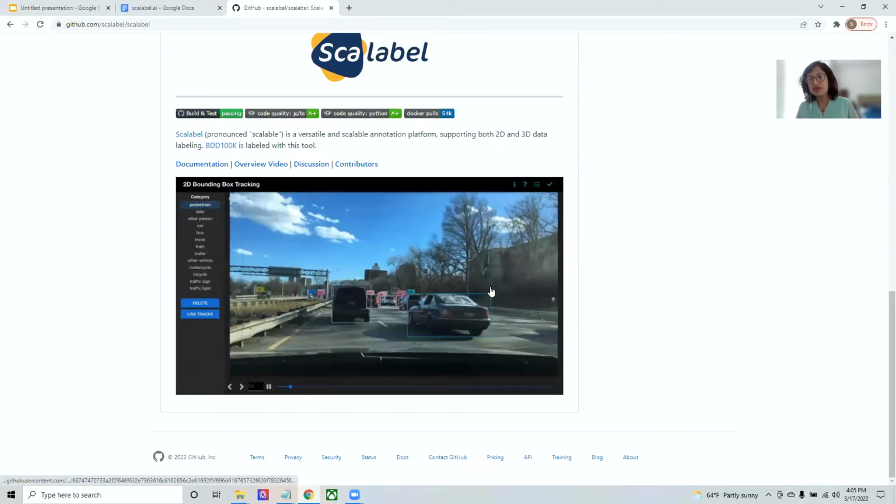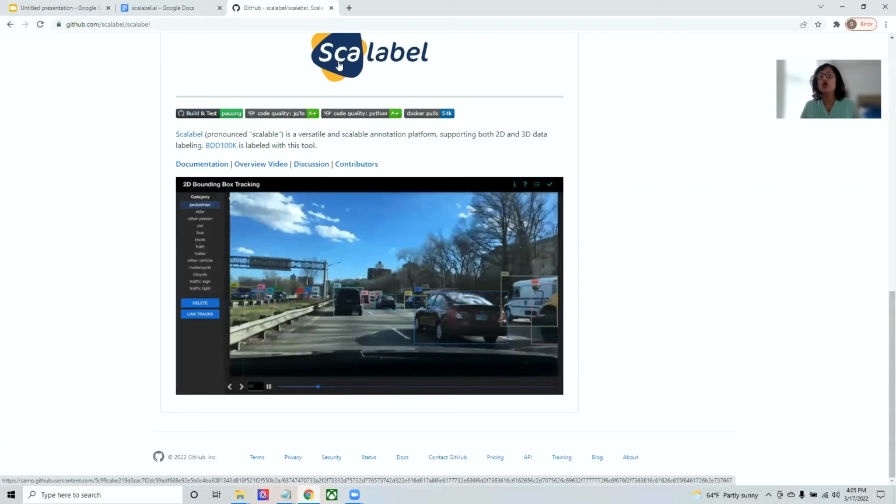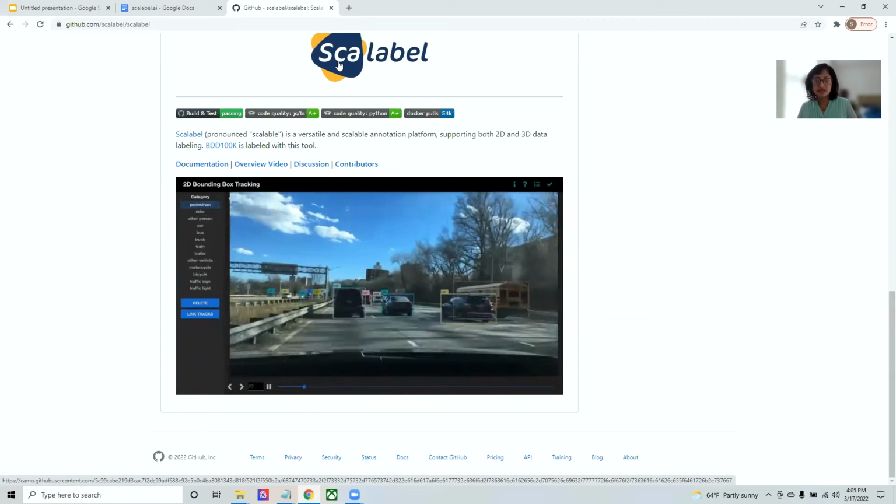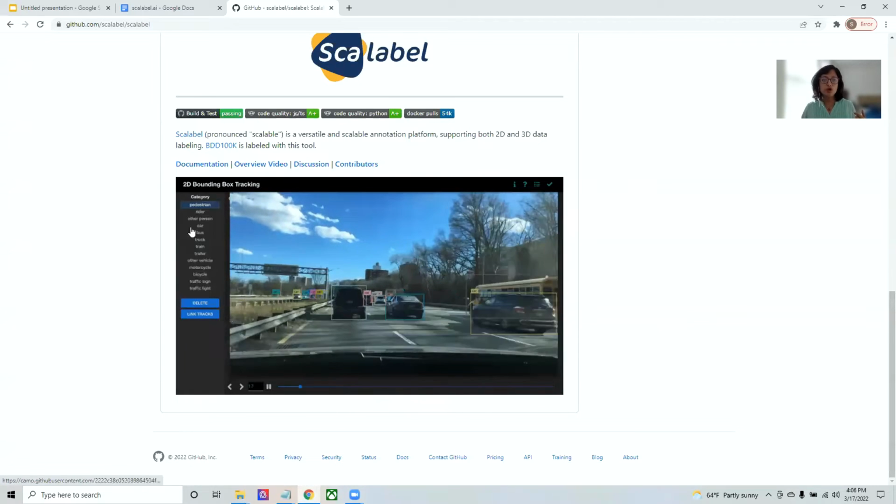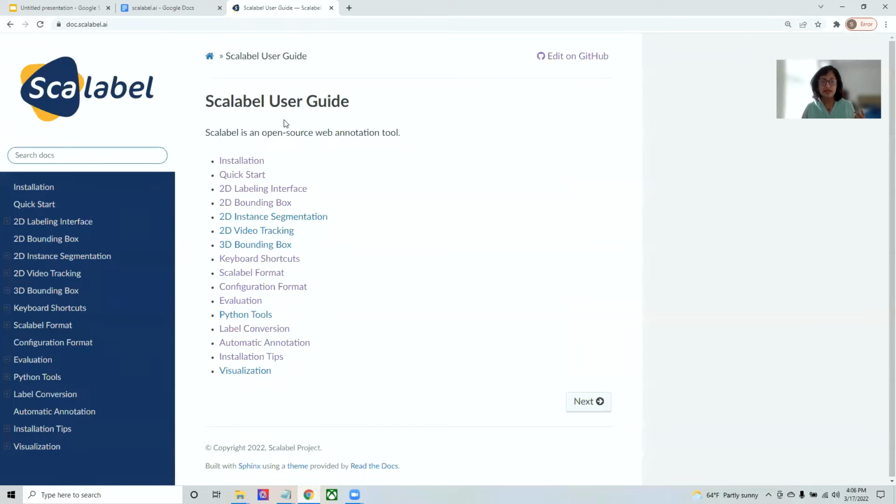So this is the software that we are going to be reviewing today. It's called Scalabel and it's by Berkeley's Deep Drive, so BDD. All of the documentation that we are going to be following is in this particular guide, and I'm going to walk you through each and every one of these steps specifically for my Windows-based system, because these directions are mainly for a Linux system. I will show you the changes that need to be done in order to run it